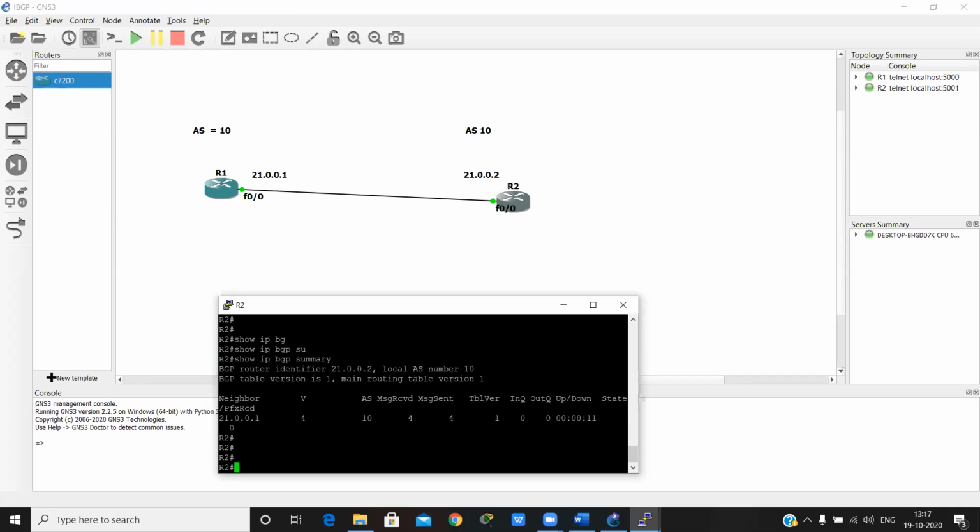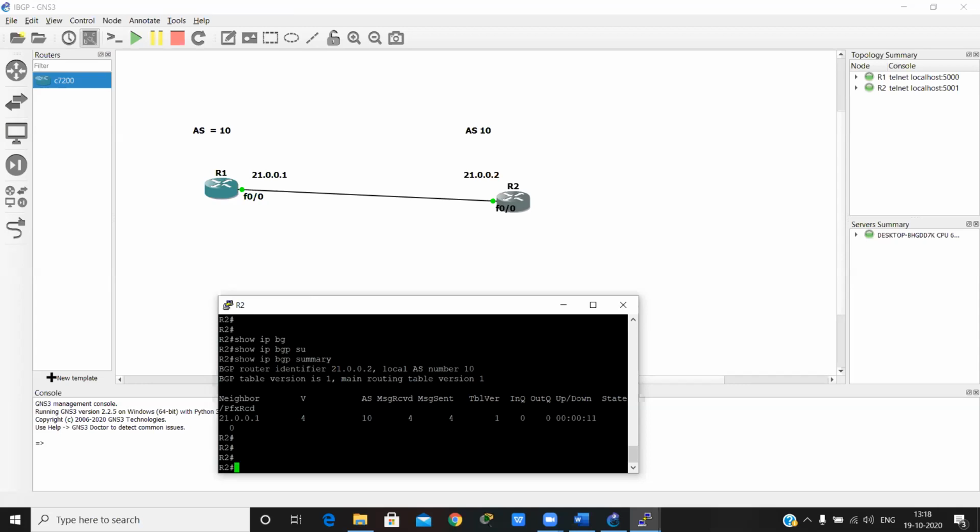Any confusion? Any confusion, bro? No, sir. Bhuvan, Kishore, Abhishek. No, sir. Sir, why do we use the neighbor command here, sir? This is the command, bro, to define our neighbor. Here we are not defining all the networks. Okay, and this is the default, bro. Okay, sir. Kishore, okay, sir. Bhuvan, okay, because this is a very important topic.